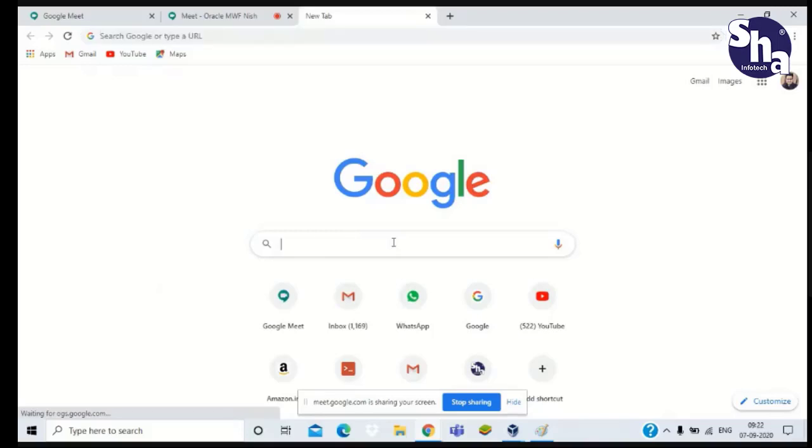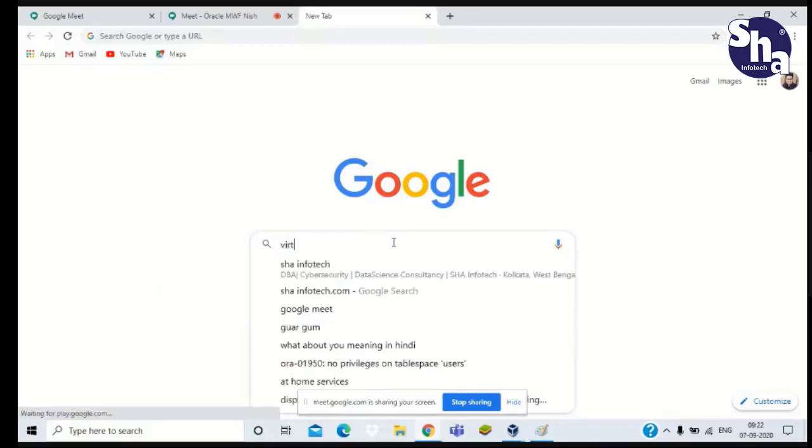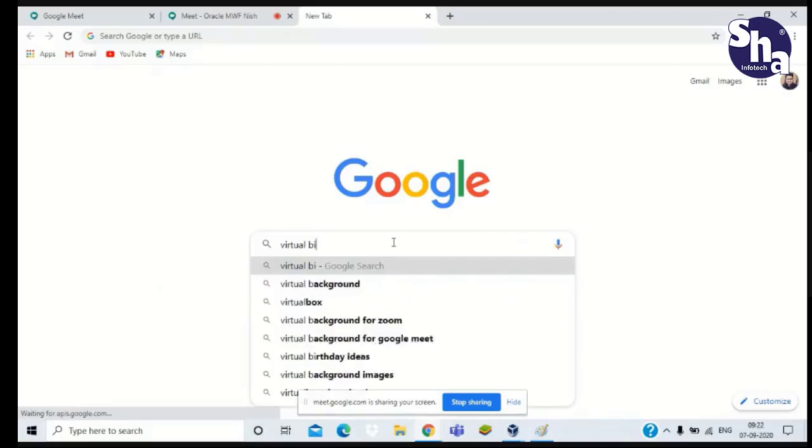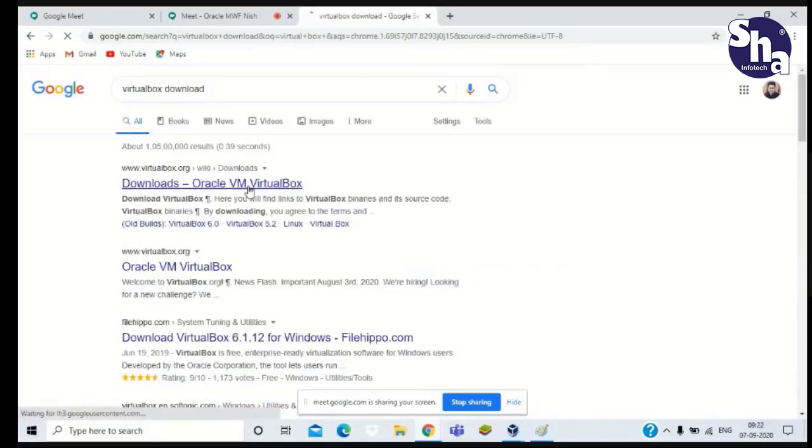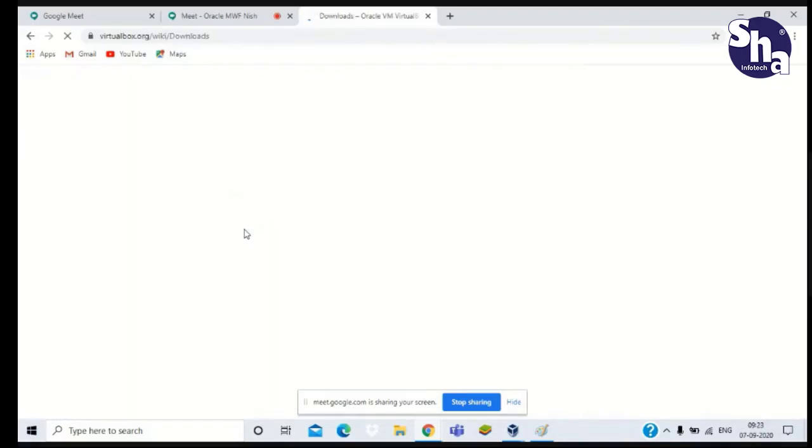Just click on VirtualBox download. You will see the VirtualBox option. Just click on it. Here you can see VirtualBox 6.2 or 5.2. I'm using 5.2. Only write VM box, and it will appear as Oracle VM VirtualBox.